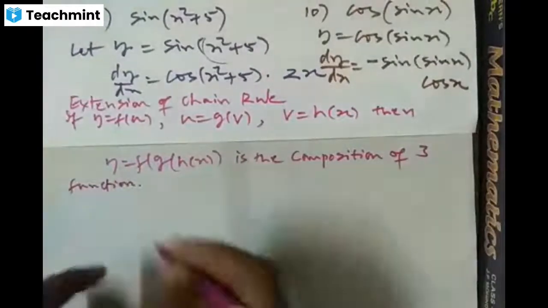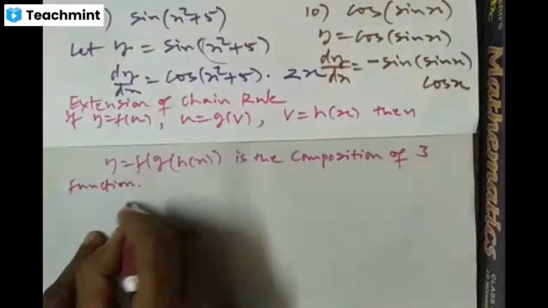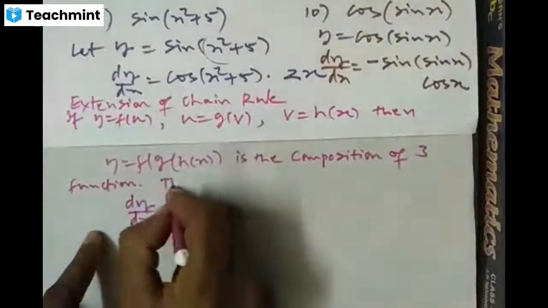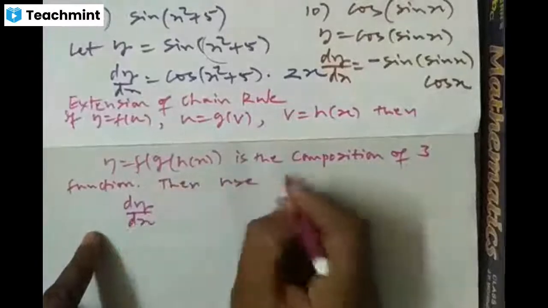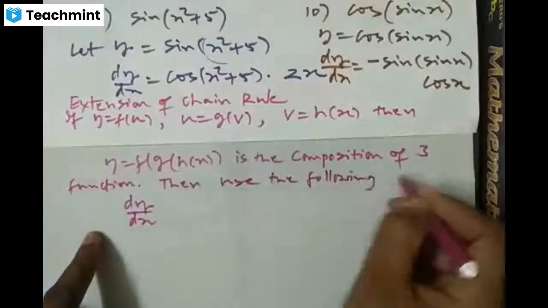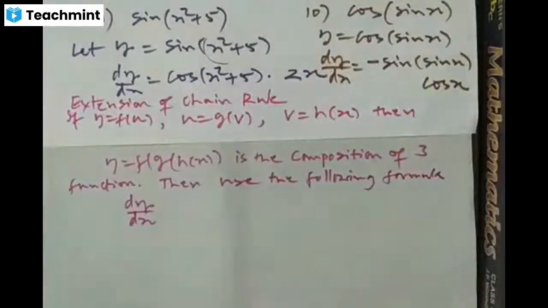Then to find dy by dx, we use the following formula or rule. Then dy by dx is equal to,